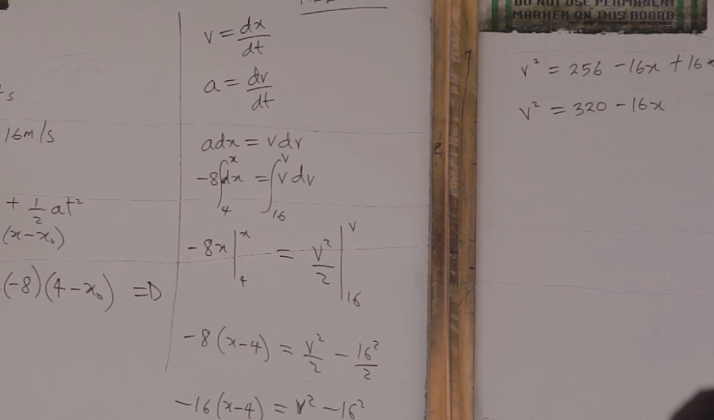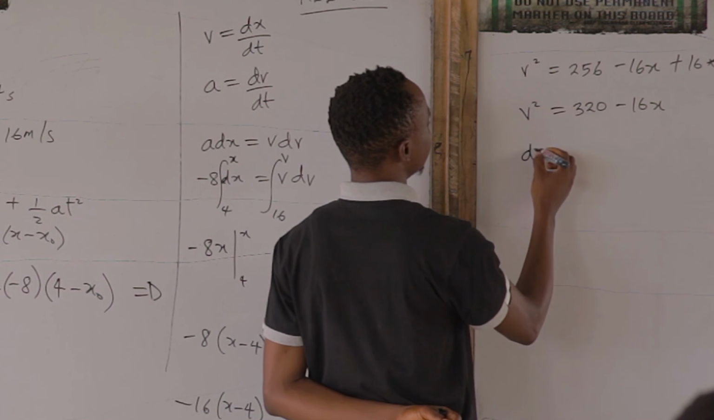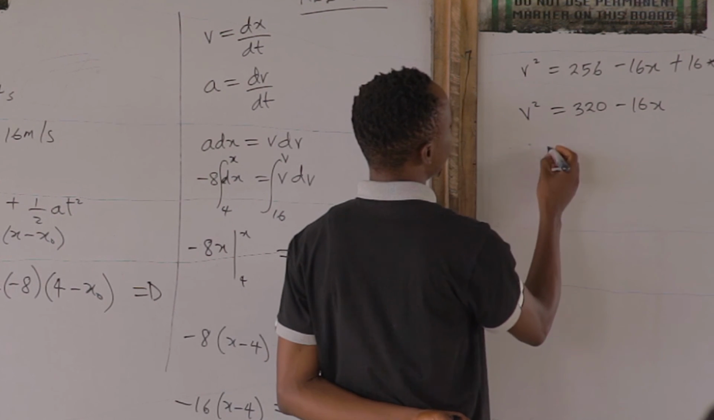So I have a relationship between them already. So I can now come here and relate x and t. To do that, please listen now, I know that v is equal